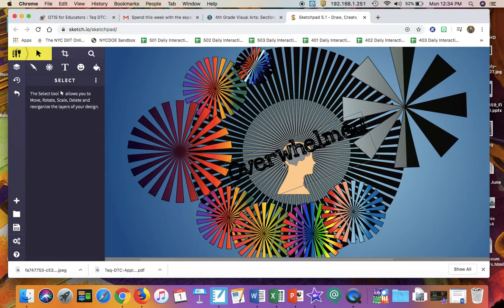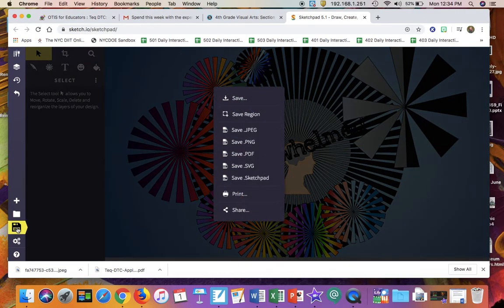Once you are done, you are going to go to the bottom left and it says export. Click on export and it'll ask you how you want to save your image. You want to save it as either a JPEG or a PNG file. I'm going to save it as a JPEG